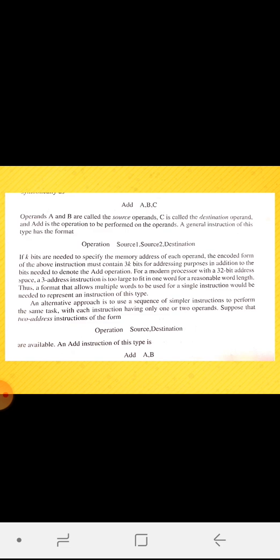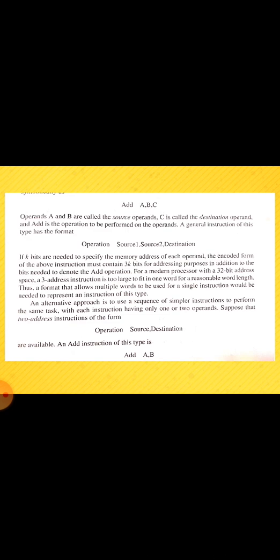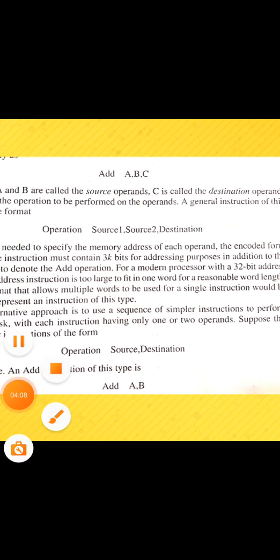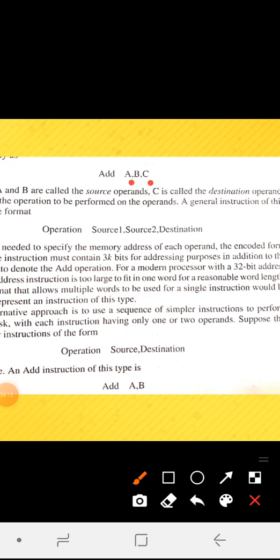Next you can go with the next set of instructions. So here you can say these are three address instructions. Three address instructions are nothing but, you can see here we have source operands and a destination operand. Add means you have to perform the addition. You have the two source operands, A and B, and C is your destination. So what you have to do is perform the addition of A plus B and store back the result in C. For this you can have the general representation: the operation, followed by source 1, source 2, followed by the destination. This is the three address instruction you can write, where you can have A and B as the source, C as the destination.